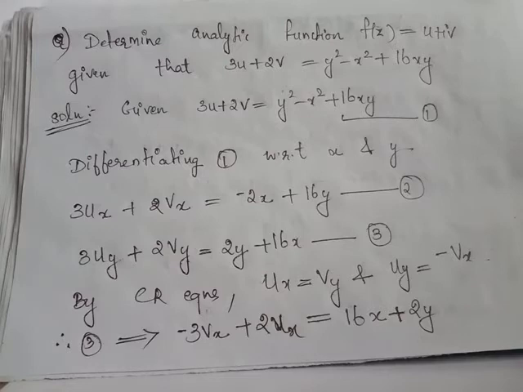We make use of the CR equations applied on equation 3 so that the LHS of equation 3 gets transformed to terms involving first order partial derivatives of u and v with respect to x. The new equation obtained from equation 3, when we apply the CR equations on it, will be numbered as equation 4.